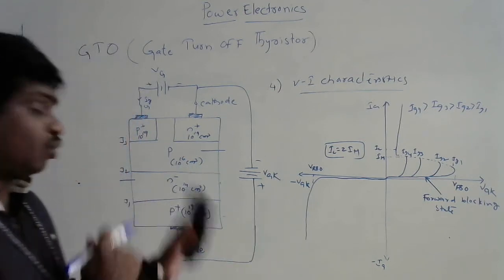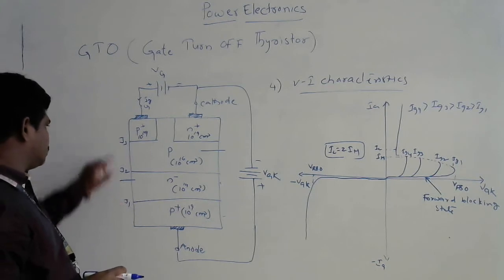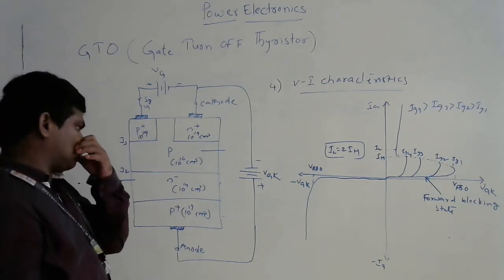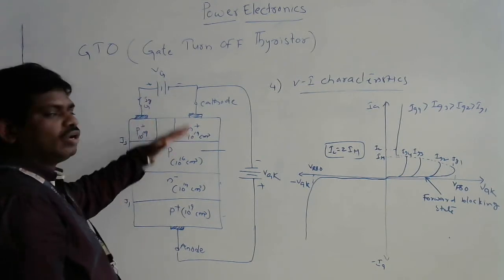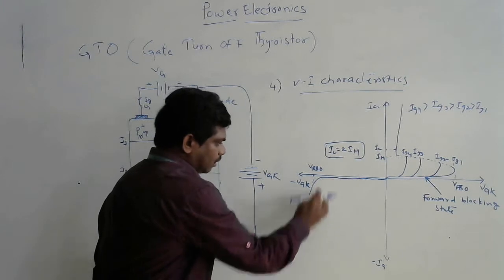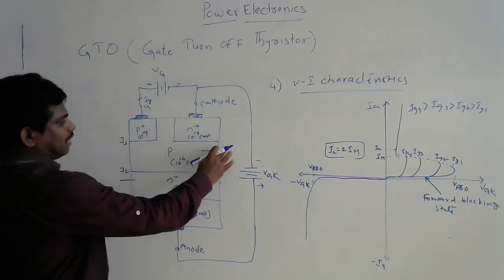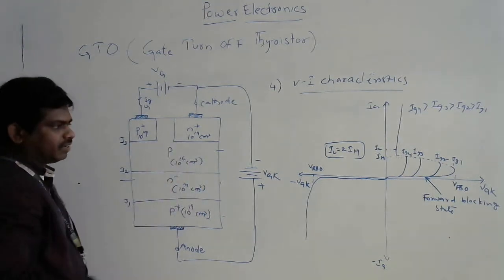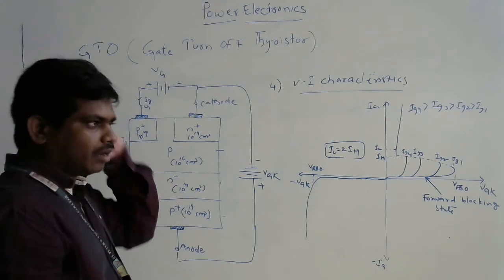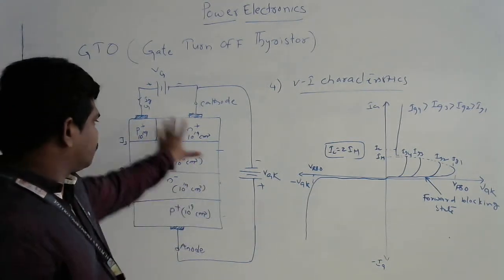If that much voltage is applied, the reverse bias junctions J3 and J4 are going to be damaged directly. Due to that, avalanche breakdown occurs and allows the current to flow. Thereby a high amount of current goes through the device, but there will be no device left after applying this much voltage. That's why in practice we can't apply that much reverse voltage across the device.